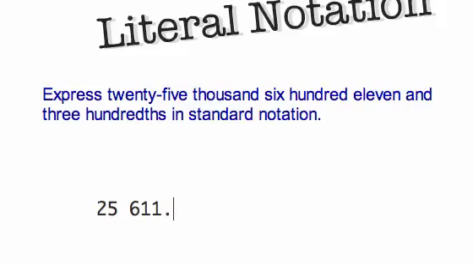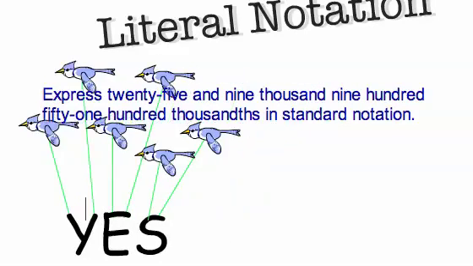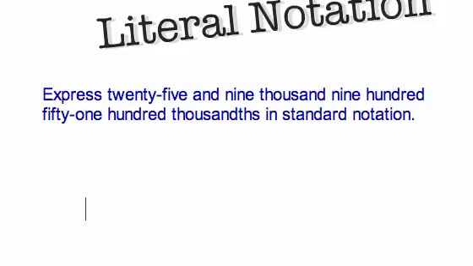300ths. So here's 3, but we want to make sure that the 3 ends up in the hundredths place. Right now the 3 is in the tenths place. So to make the 3 be in the hundredths place, I'm going to put a 0 in front of it. There you go. So 25,611 and 300ths. Okay, 25 and decimal place,